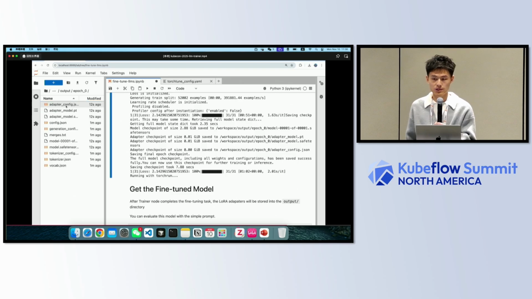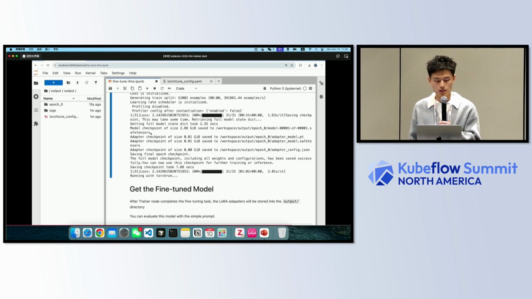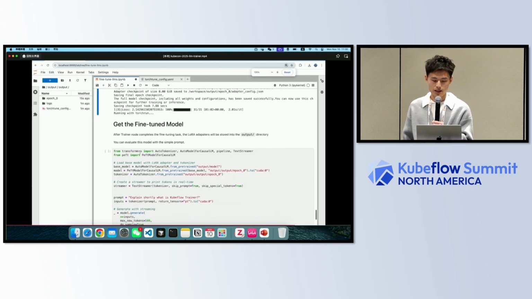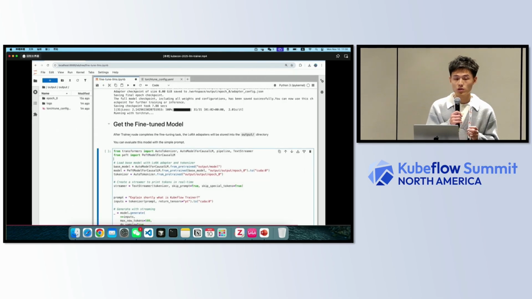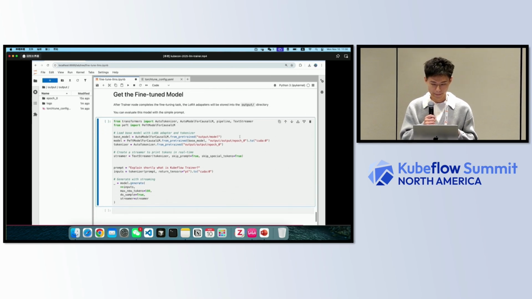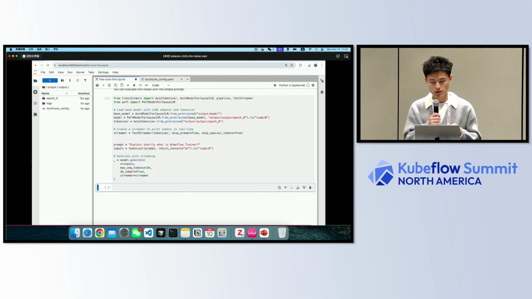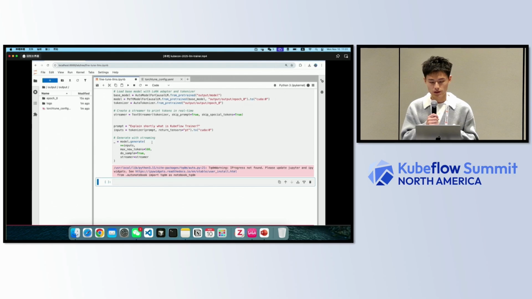And the LoRA adapter has been exported to the output directory. And in the end, we can get fine-tuned models and start the serving. We load the base model from output/model and load the LoRA adapters from output/output epoch 0 and start